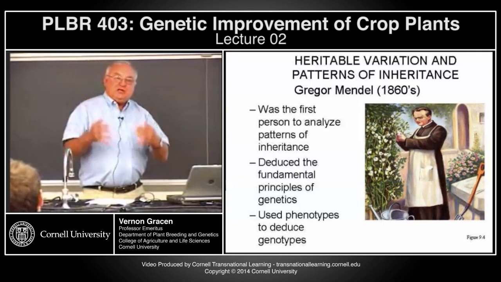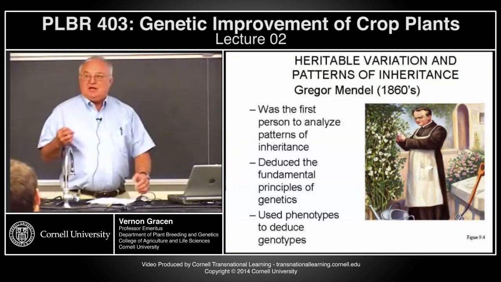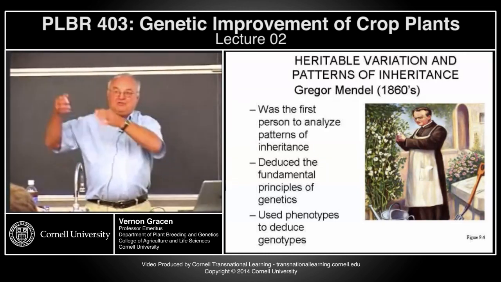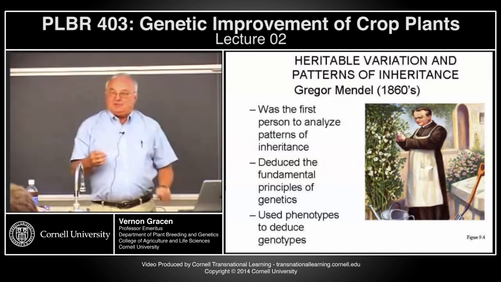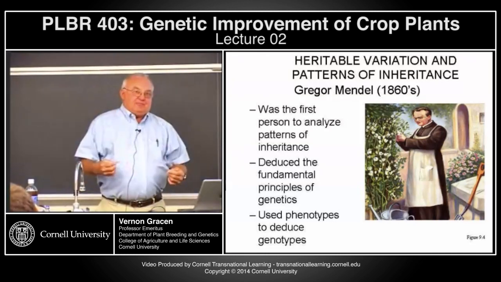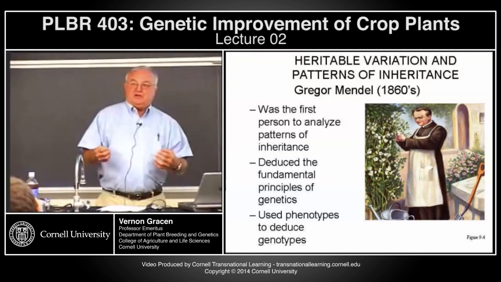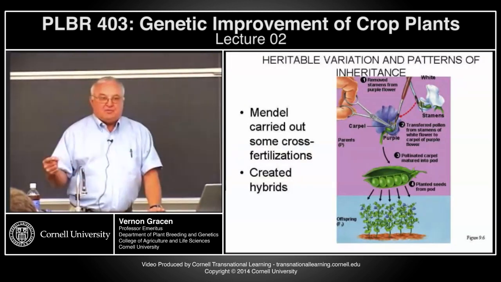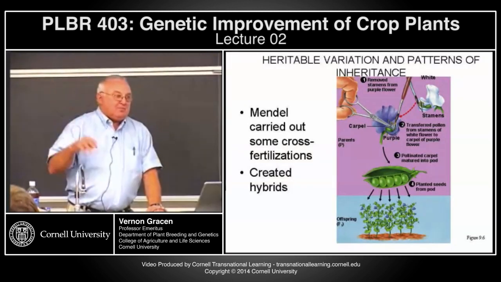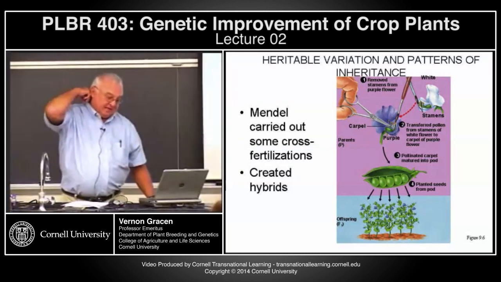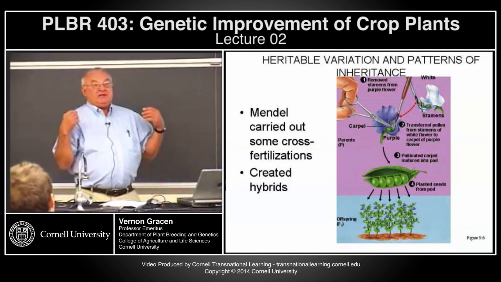And what's equally important, as today in some of our molecular genetics topics, we start out by using phenotypes to try to get to genotypes. Well, this is just what Mendel did. He studied phenotypes, or the physical appearance of individual plants, and inferred or deduced from that what the genetic makeup of those plants must be. So how did he do it?